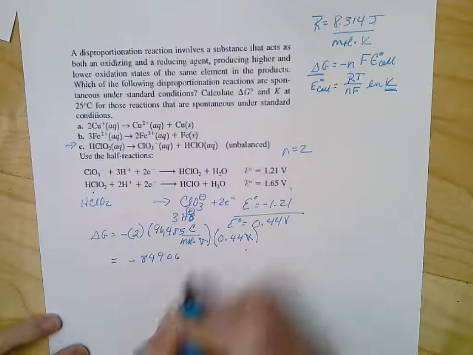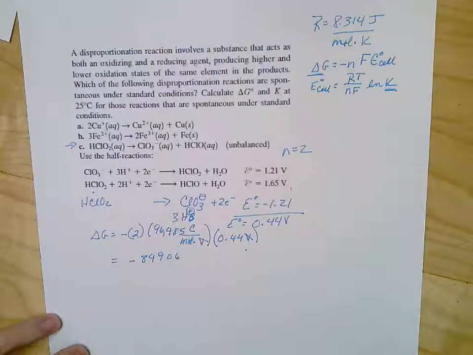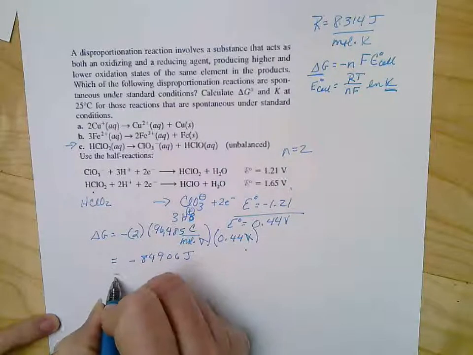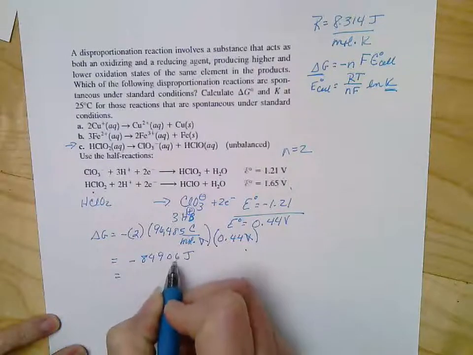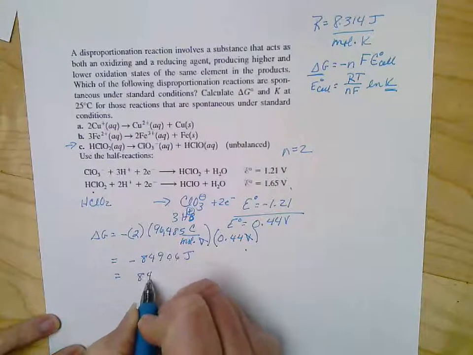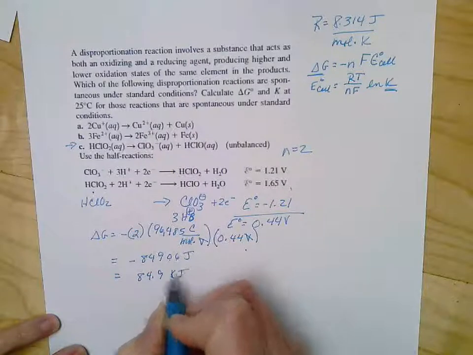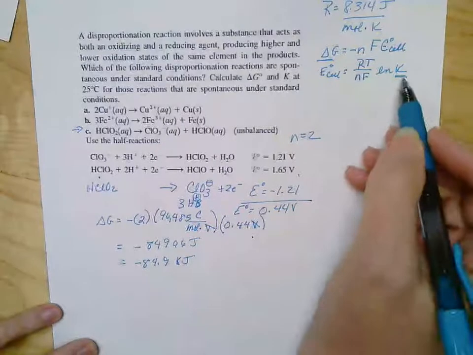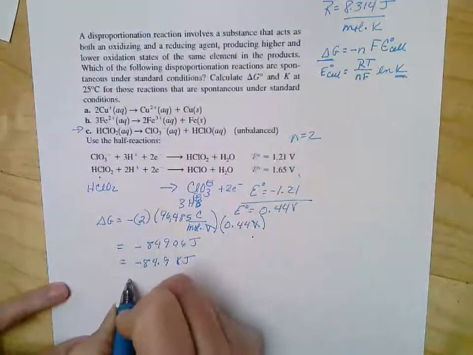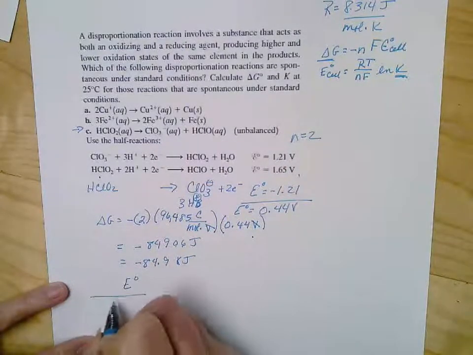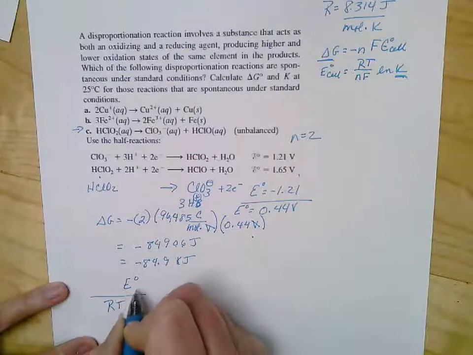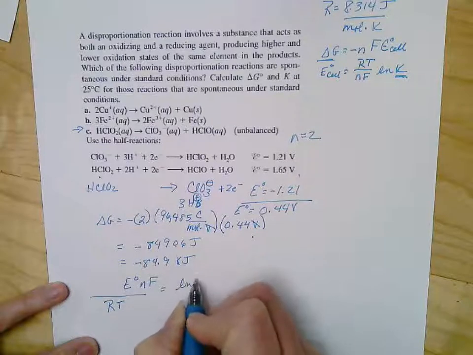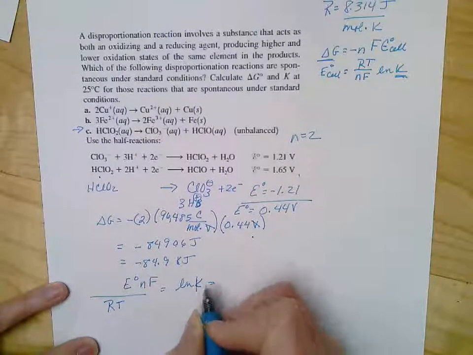and that's going to be joules. And so that's going to equal 84.9 kilojoules negative. And so yes, it's spontaneous. So now let's look at calculating K. So E naught divided by RT and times nF is going to equal ln of K, which is going to be